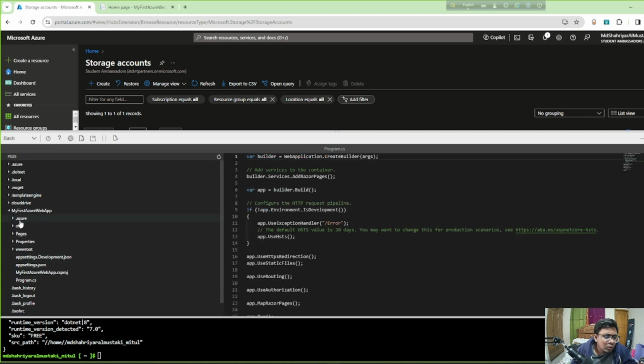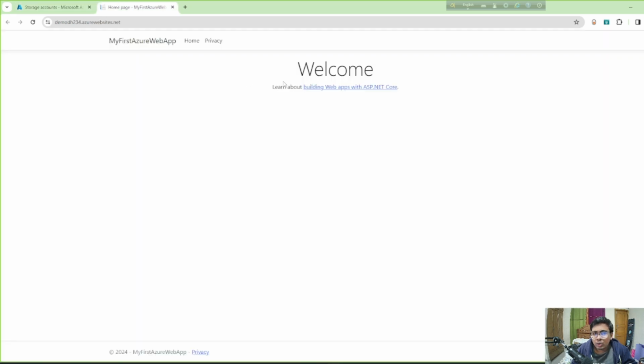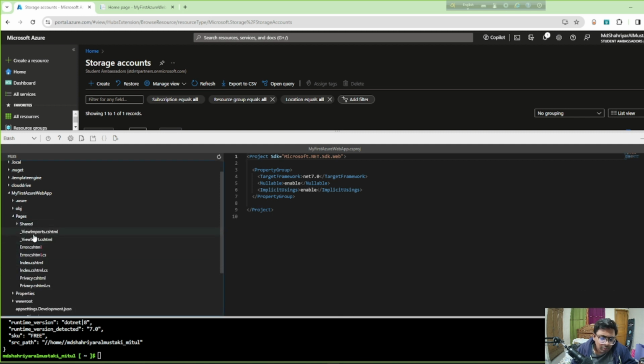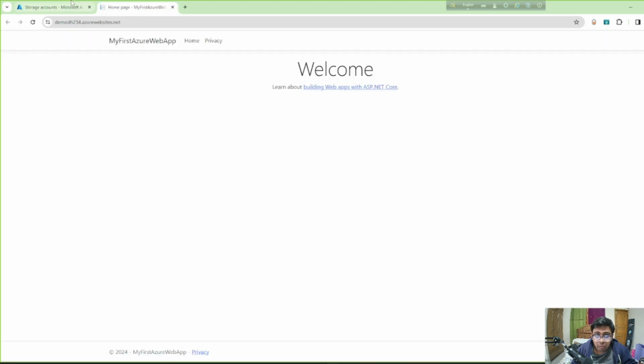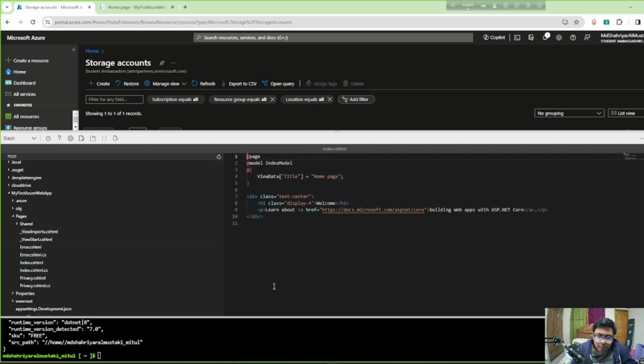So what you can do is, first of all, just check the output. This is the best way of checking. I want to change something in the page, so what can you do for that? I'm basically trying to make some changes right in the page. You can see the home page. I've gone from my first Azure web app, because this is a folder the web creator made using the command, and from the pages I've gone, I will have to go from, you can see,